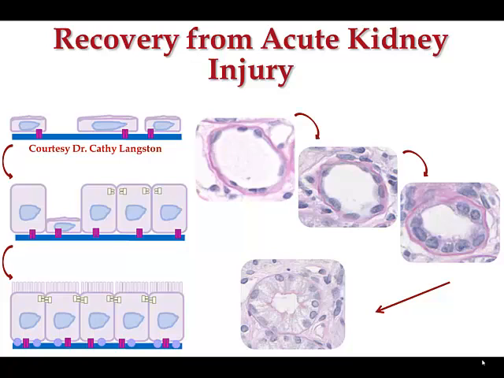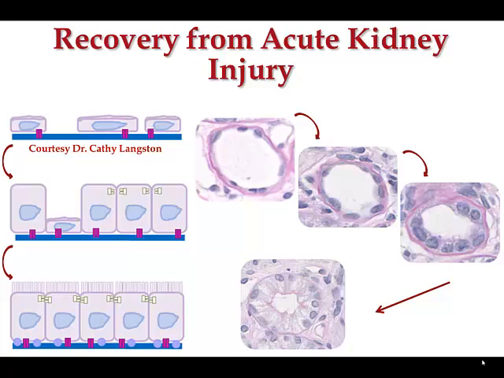During the recovery process, you have a bunch of surviving cells that now are injured, sublethally injured, and they are the parents for all the daughter cells that are going to repopulate and make the nephron work. And so we end up with these little surviving cells, and in this one here, obviously most of the epithelium has been sloughed off.